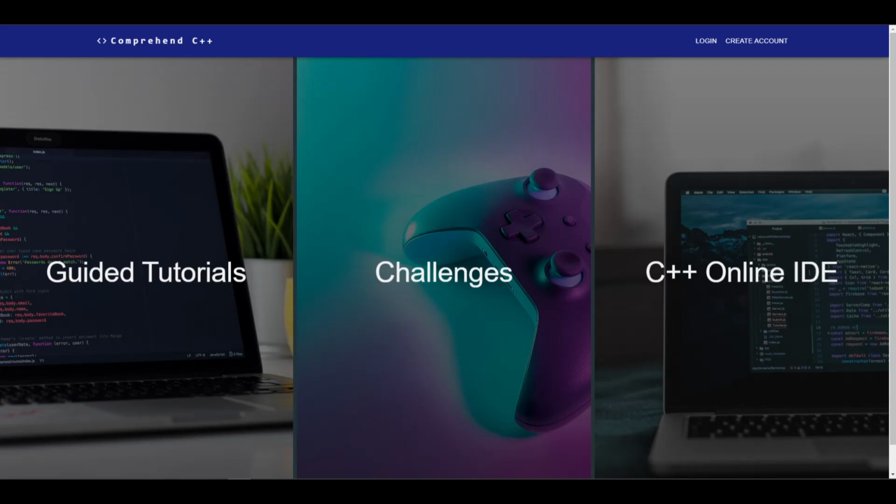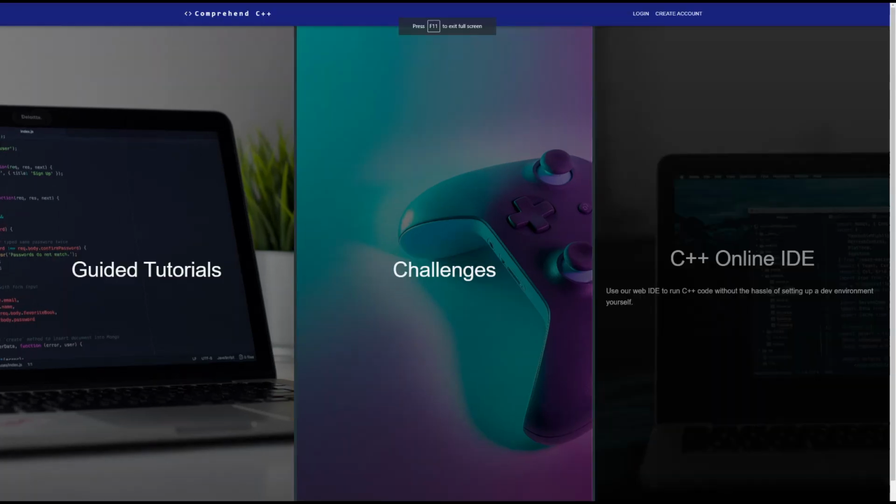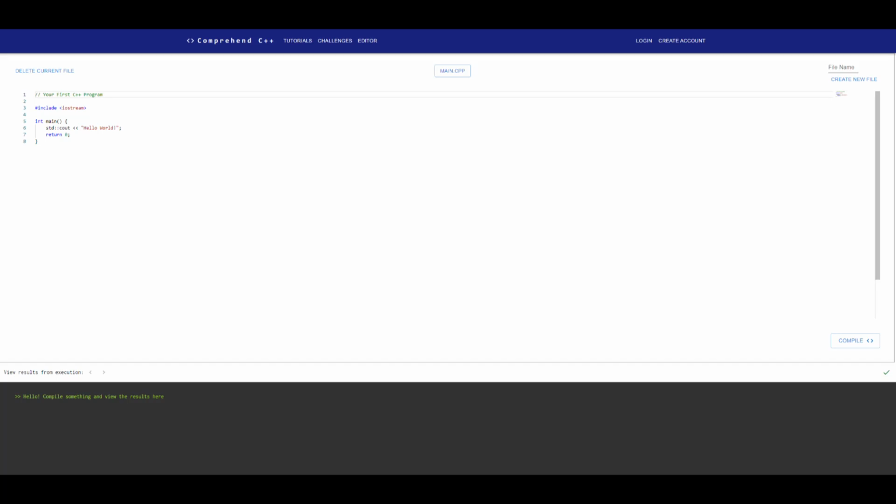What you see on the screen now is the homepage of the website. This is what you will see when you first visit the website. In the middle of the screen, there are 3 different activities for you to choose from. The right tab of the homepage brings you to the online IDE, which allows you to write and run C++